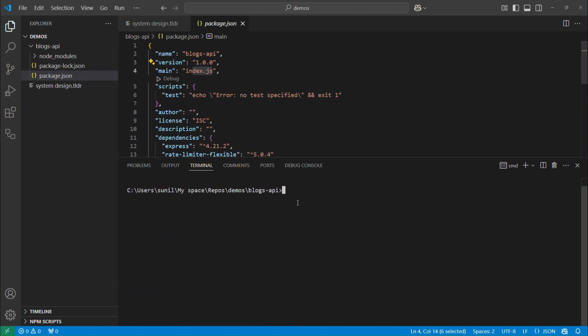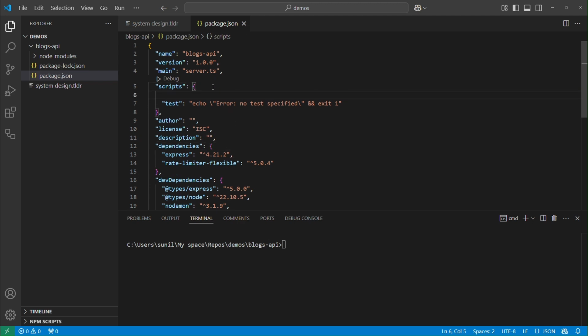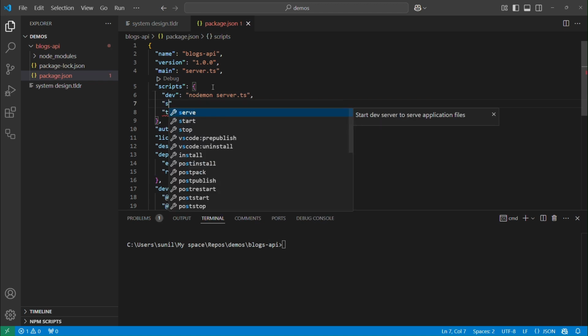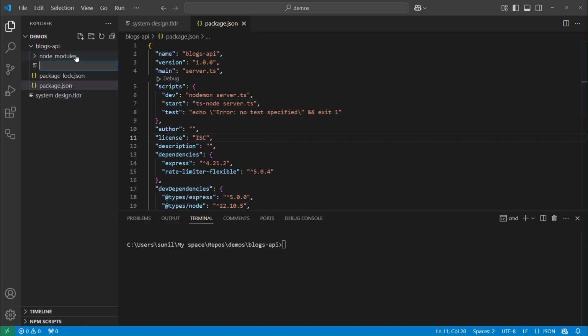Okay, cool. Now what do we need? Let's define the entry point. The entry point would be server.ts, a TypeScript file, because we are supporting TypeScript as well. And let's create some scripts to run our server, so nodemon and server.ts. And another script for, let's say, ts-node server.ts. Okay, now let's create a server.ts file,